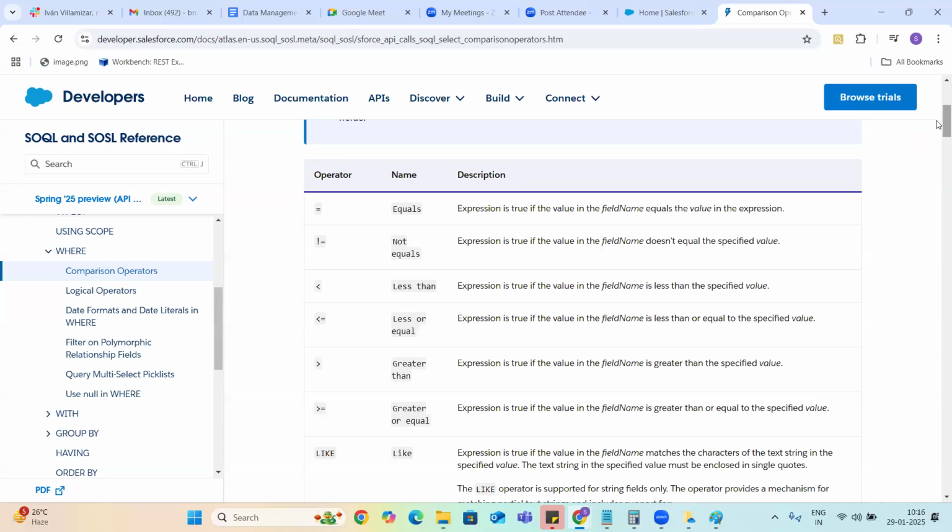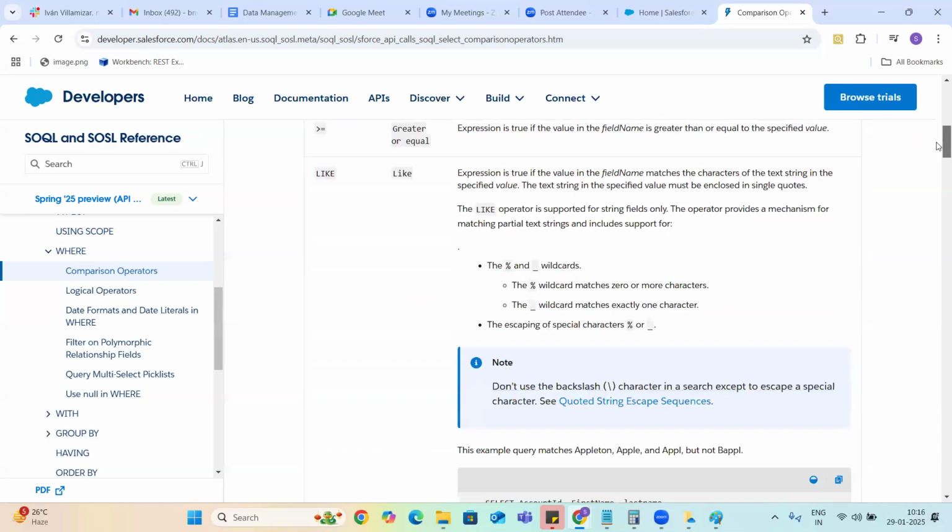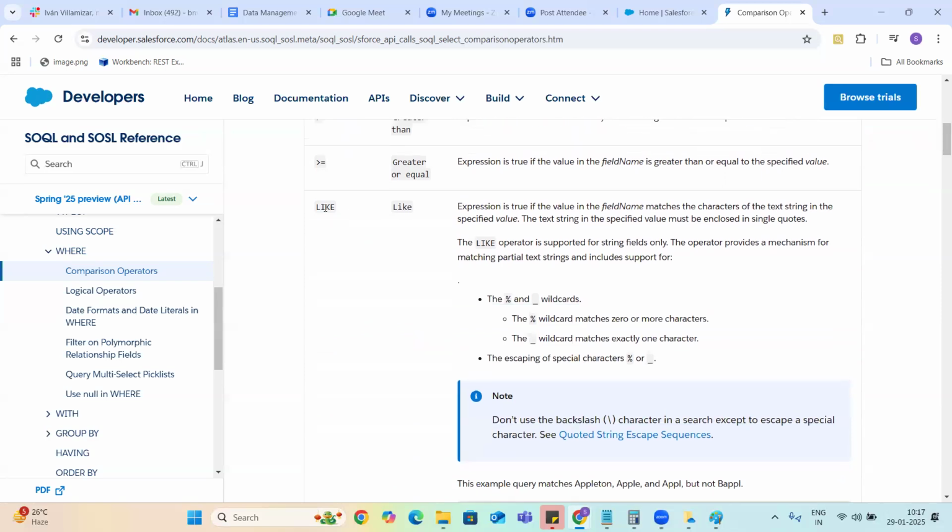These are all common operators, guys, and one of the new operators is the LIKE operator. We use it to get the records where a certain field matches with strings. LIKE operator we always use with string type fields only.